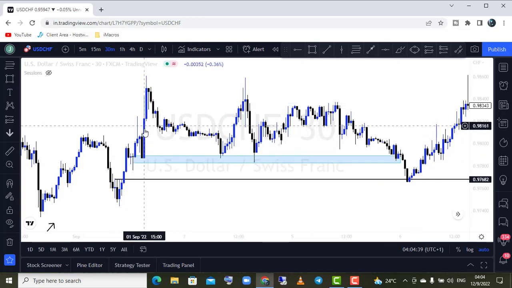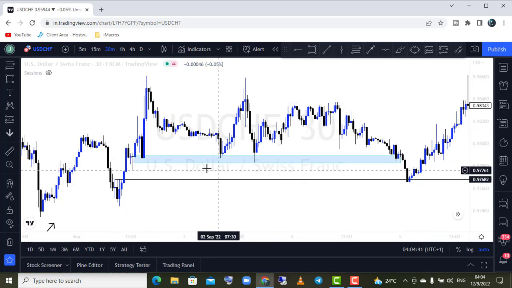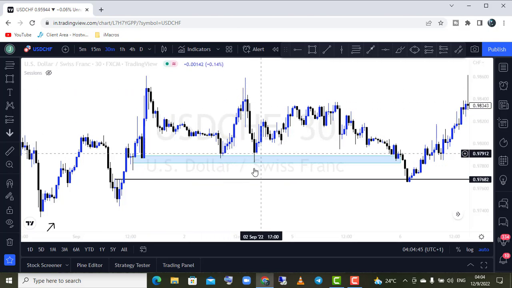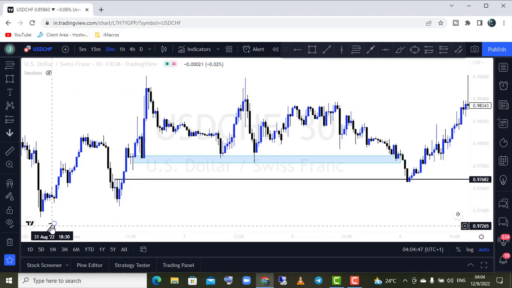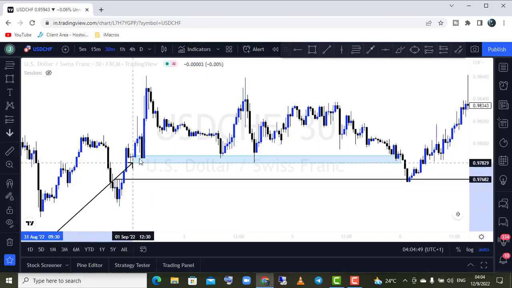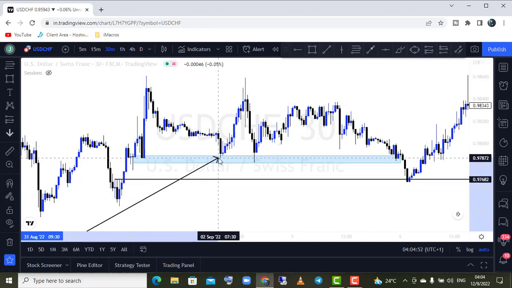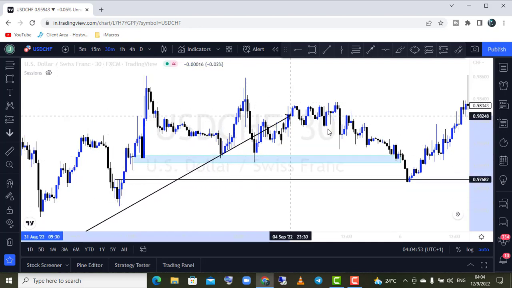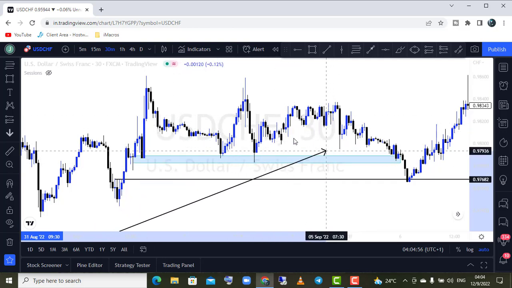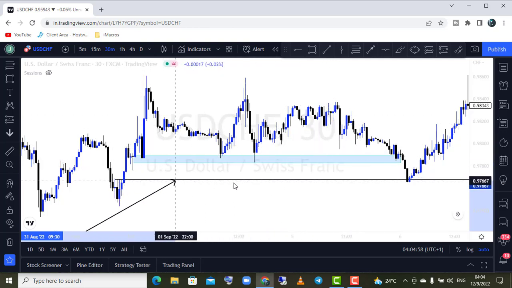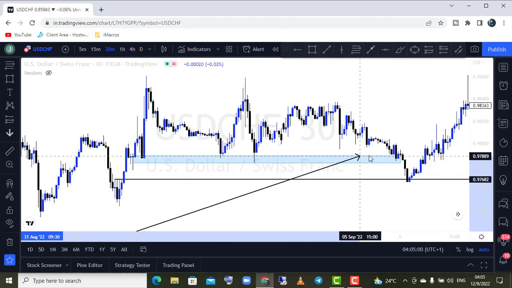So we have a lot of liquidity just below the support, because a lot of people are buying from here. Price came out and moved out, price came back here and moved out. Let me use this. Price came here, moved away, price came back into this, moved away, moved back. So we have a series of touches on this particular support, which makes this place a high potential for liquidity,